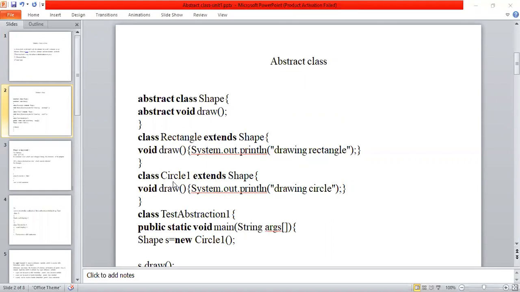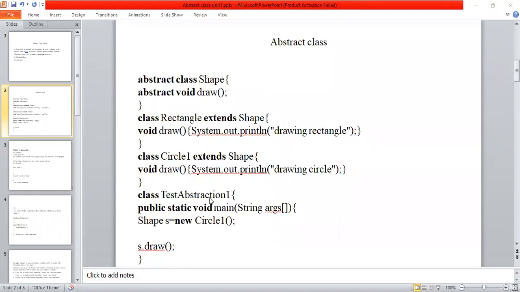Class Circle extends this Shape class. Here I have a draw method, and using this draw method I'm drawing a circle. Now I'm writing my main program. Class TestAbstraction1, public static void main String args, Shape s is equal to new Circle.